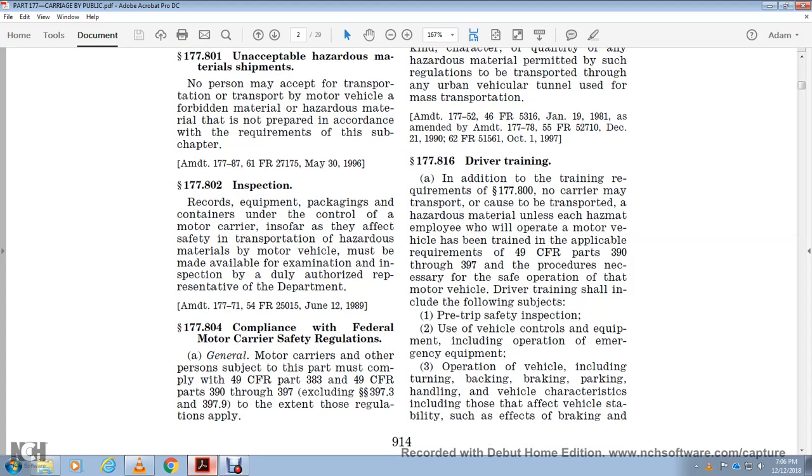177.816 Driver training. In addition to the training requirements of 177.800, no carrier may transport hazardous material unless each of the employees who operates the motor vehicle has been trained in the applicable requirements of Title 49 CFR Parts 390 to 397 and the procedures necessary for the safe operation of the motor vehicle. Driver training shall include the following subjects: pre-trip safety inspection of the vehicle, control equipment